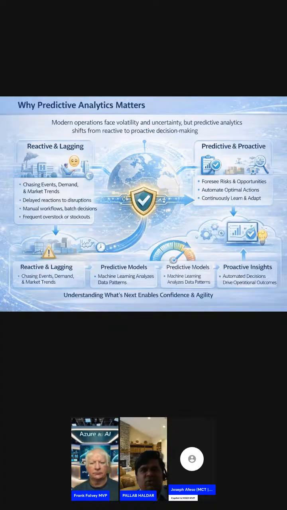The next slide is all about why we will use predictive analytics in the healthcare system with the AI integration with Azure. This is one question that arises for everybody. To answer this question, if you see the presentation, I already defined the different kinds of volatility and uncertainty that may occur in traditional legacy systems used in the healthcare industry. But if we use predictive analytics, it shifts from reactive to proactive decision making so that we can avoid the volatility and uncertainty